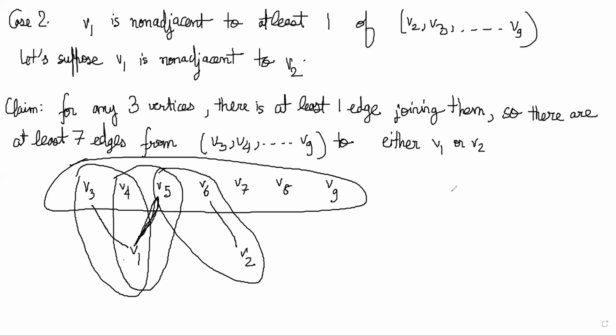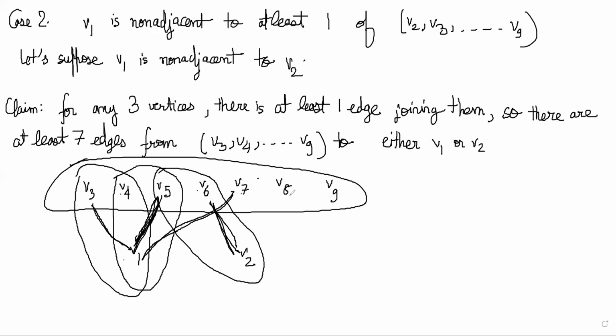Which are the 7 edges that I can build up here? Say V1 and V3 are connected, V1, V5 are connected, V2, V6 are connected. Now you can even take V4, V5, which we have already done. Okay, V6, V7 and V2 we have already done. V6, V7 and V1. So V7 must be connected to V1.